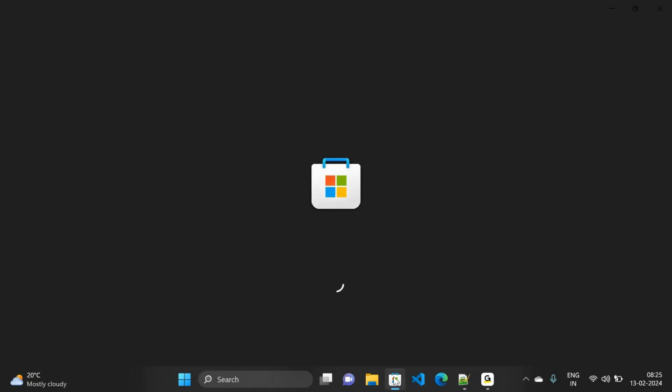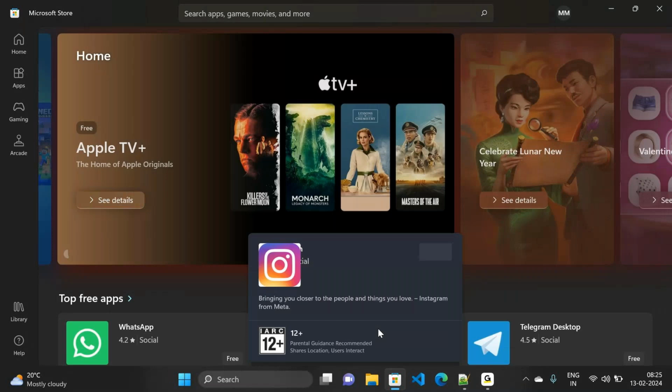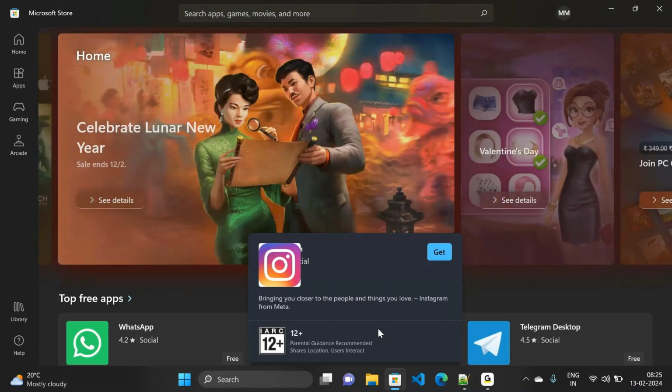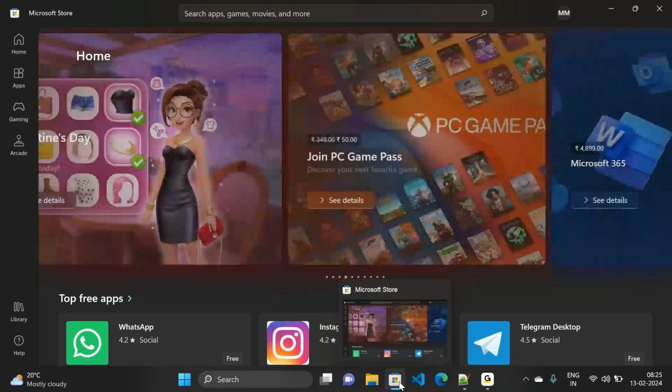I hope everyone is using Windows 10 or Windows 11. If anyone is not using Windows 10 or 11, please try to use that. It is very good to use Windows 10 and 11. Now, how to install it? You need to go to the Microsoft Store, everyone will have it, right? Now in the Microsoft Store,